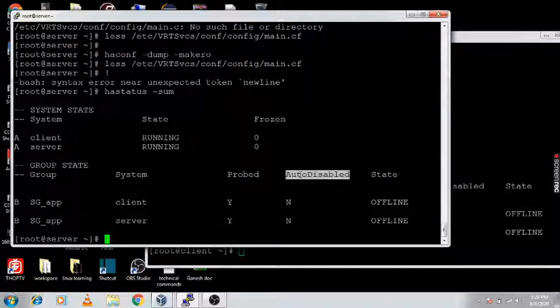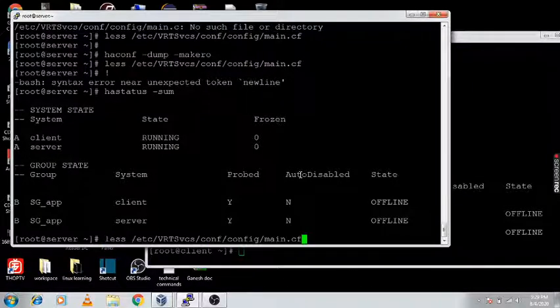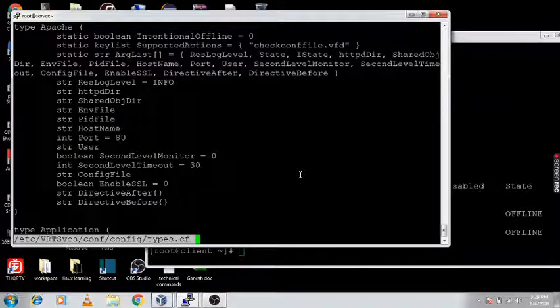So in this video we have covered the service group related information, how we can use its attributes, and this attribute information you can check under the types.cf file. I am checking that.